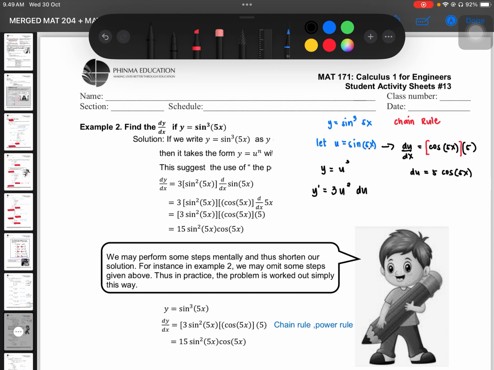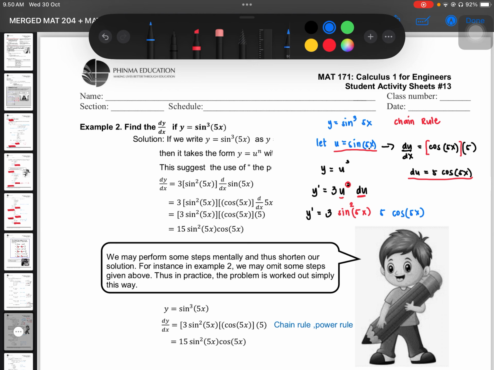And then, let's proceed now here sa y prime natin. Y prime is equal to 3. And then, yung u natin dito, palitan na natin ng original niya, which is ito. Okay? So, pag pinalitan natin yan, magkakaroon tayo ng sine of 5x. And then, don't forget, naka-square pa siya, so we have to write square. Okay? And then, si du naman natin dito, nakuha natin si du na ito. Diba? So, ipalitan natin siya ng du, which is 5 times cosine of